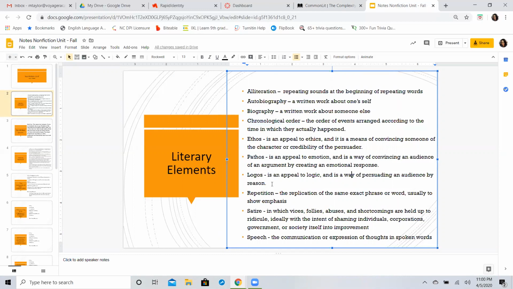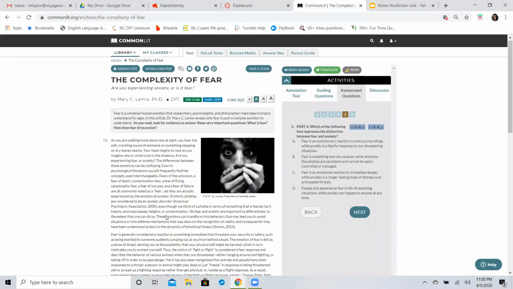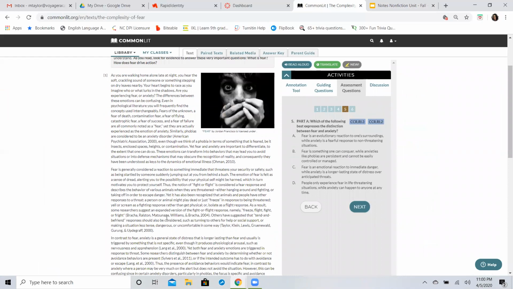Logos, ethos, and pathos are going to be a pretty big deal in this particular passage. You should be able to kind of get an idea of those and understanding. So logos is going to be logic, the appeal to facts. And anytime you see a citation giving credit to,